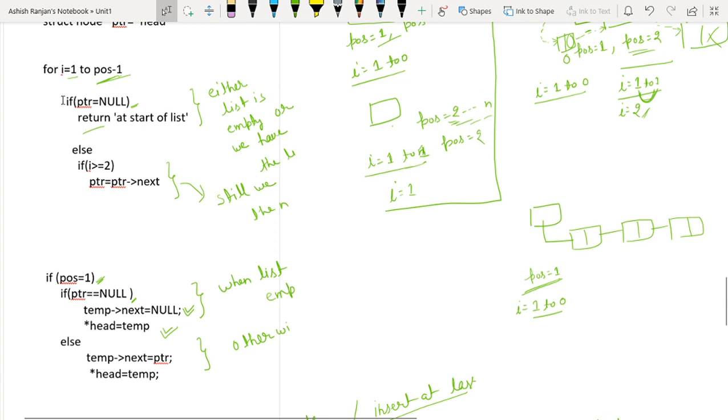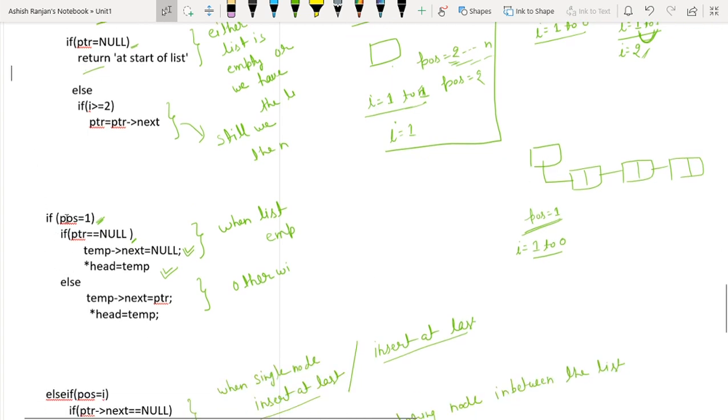So we come out of the loop because the loop is false. Now pos equals 1 ensures that I want to store the element at the front of the list. So we'll check if ptr is equal to null. No, not null, so we'll store the element here. Storing the element means allocating a node, and temp's next is equal to ptr, so it will start pointing to this node, and head is equal to temp, so this will start pointing to this node. So this is correct.